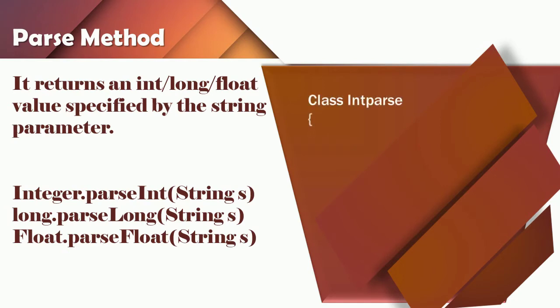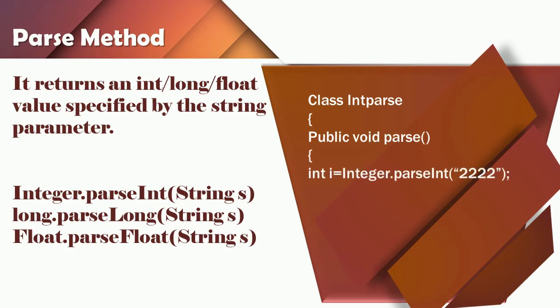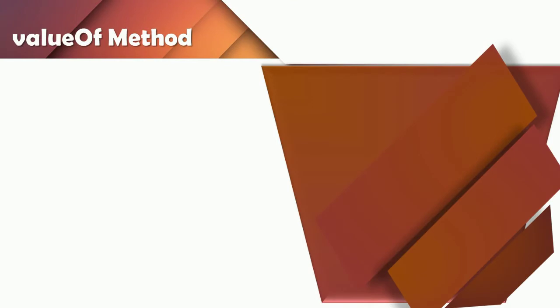So next we'll see a simple example program. Here in the program, we were using Integer.parseInt. So int i is equal to Integer.parseInt. In between the quotes you give a value and that value is assigned to an integer i, and you are simply printing that i. So through the wrapper classes you are passing a value and you are printing a value for i.